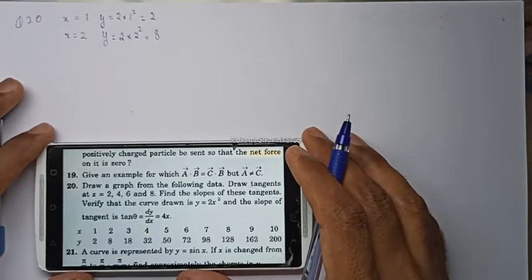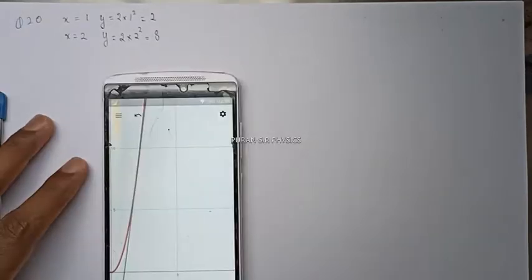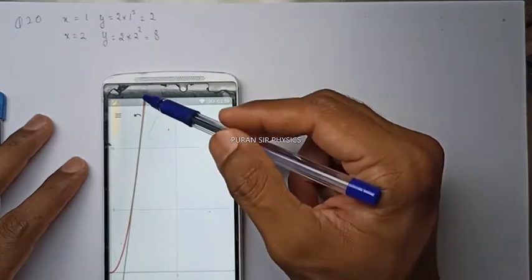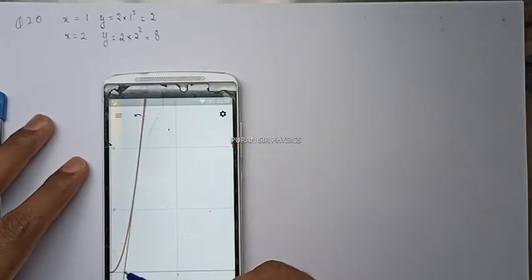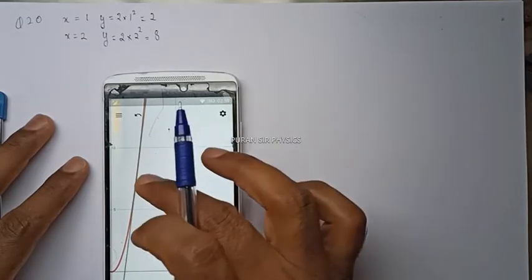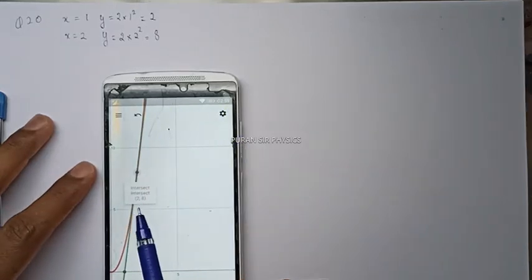So next we have to plot the graph of these data points and then draw the tangent to that and then check whether the tangent that we found corresponds to this value. So let us see what is the graph. So this is the x-axis and this is the y-axis and this is the plot. This red, which is the red color, is basically your plot of the data points. And if you see this green line, it is the tangent at 2,8. So this is the first tangent we had to draw at x equals to 2, this green tangent.